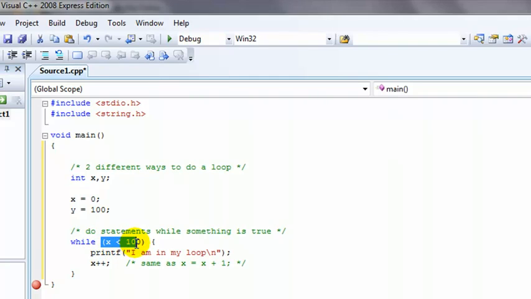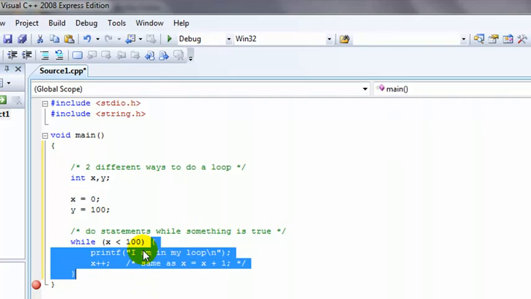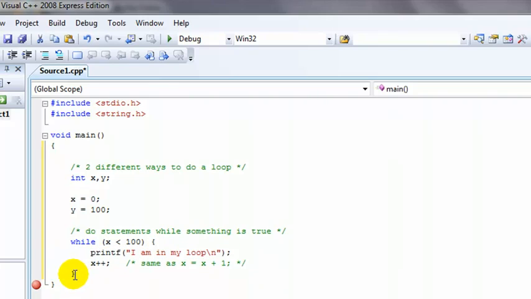At this point, it does the test. It says, is x less than 100? Well, no, x is equal to 100 because we've gone through here a bunch of times. And then at that point, it's going to pop out. It's going to see this is false. So it's going to go forward to the statement after this curly bracket. So if we put a print statement there,